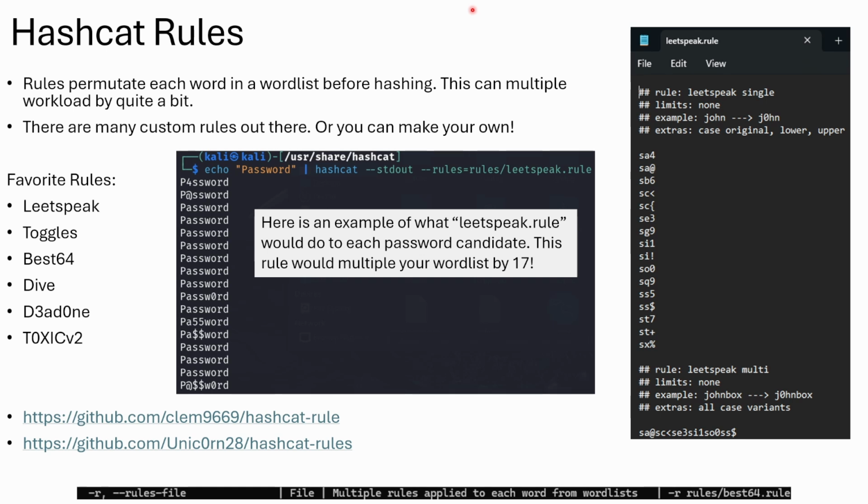So what you have is your default word, and since it uses standard in, standard out, I provided an example here. But it permutates each word in the word list prior to hashing. It multiplies the workload a ton. So you want to start with a very short word list, or a relatively short one. RockYou is typically short enough for a lot of these, but even then, maybe not short enough. There's custom rules out there, or you can make your own. The syntax is not too bad. We'll talk about that in the next slide, but